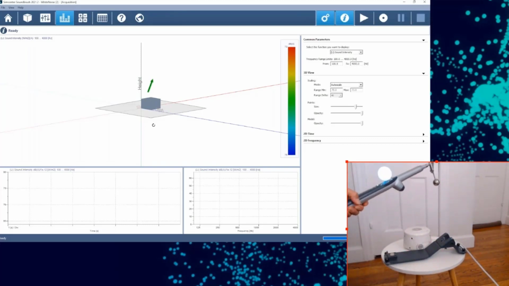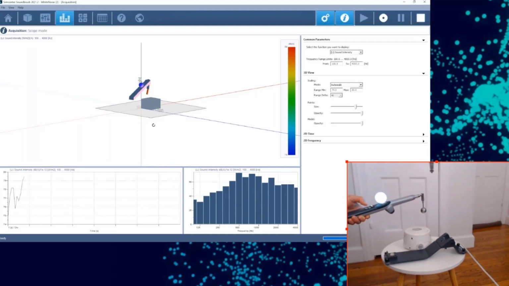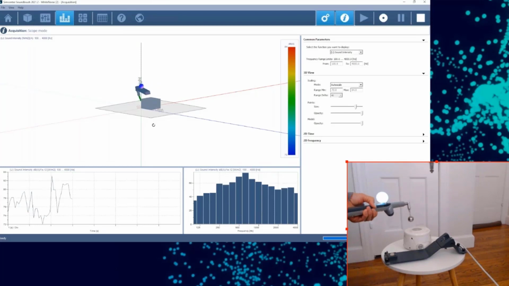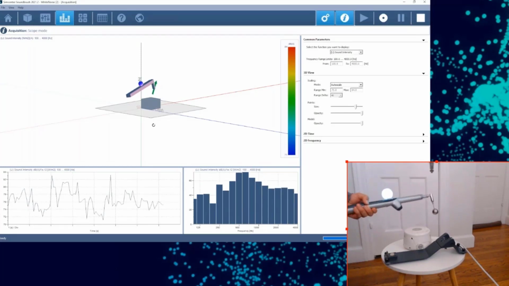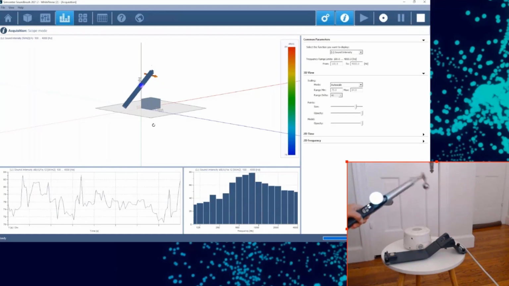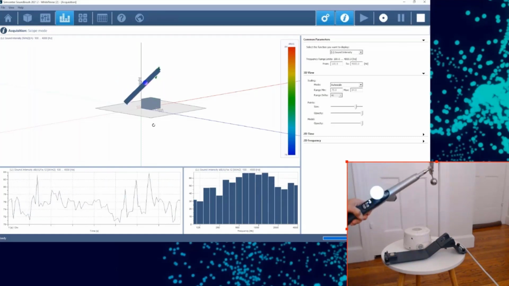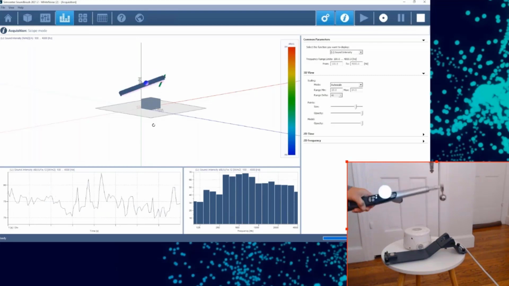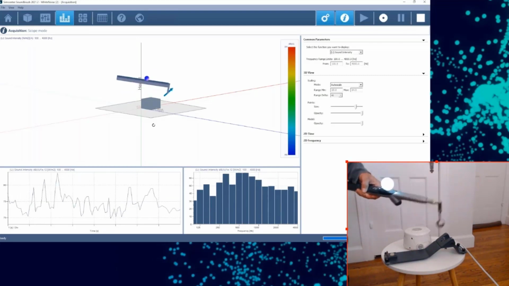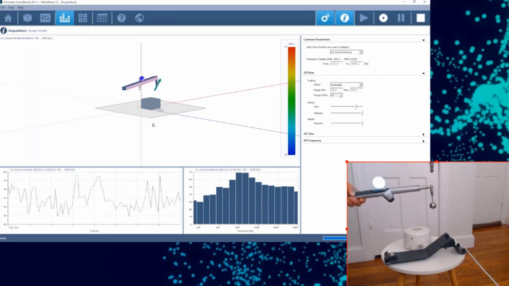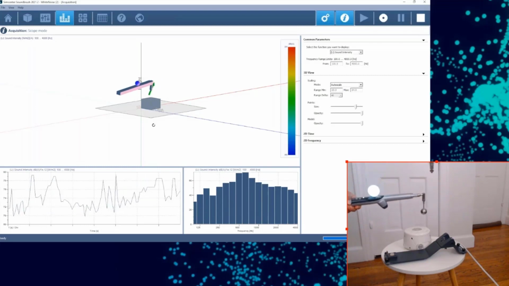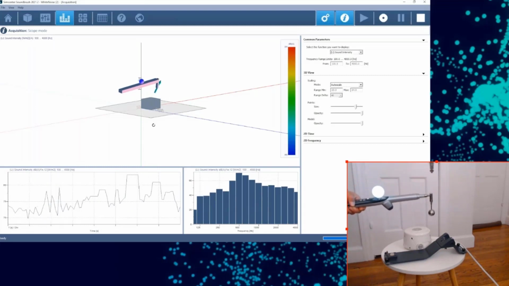I don't know if you guys can hear that or not, but essentially I'm going to hit this preview button. And now you see a live model of the sound brush in the software, as well as the intensity vector measured at the end. This just highlights how in real time it can calibrate for the position and orientation of the sound wave, using that tracking platform and then inertial platform.